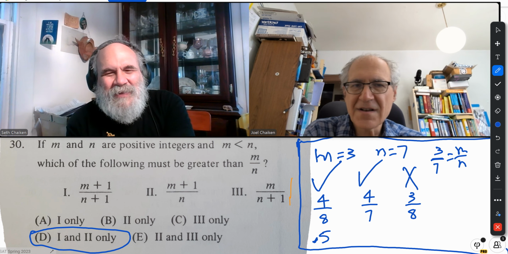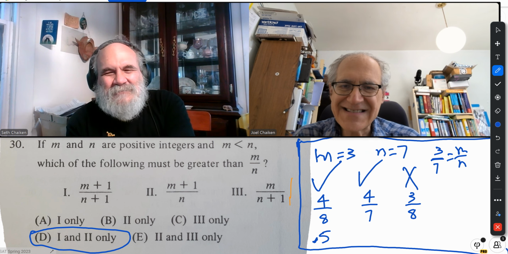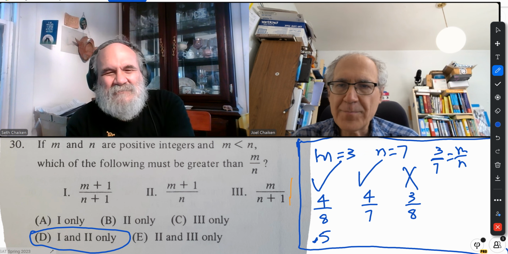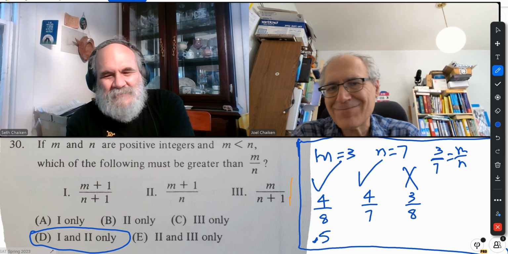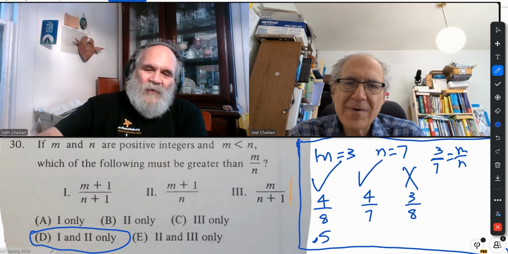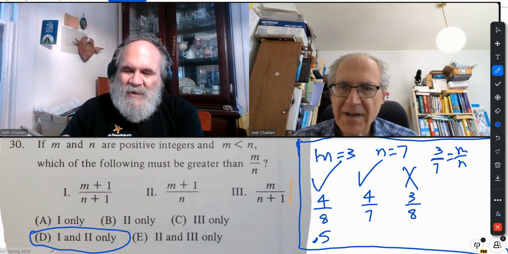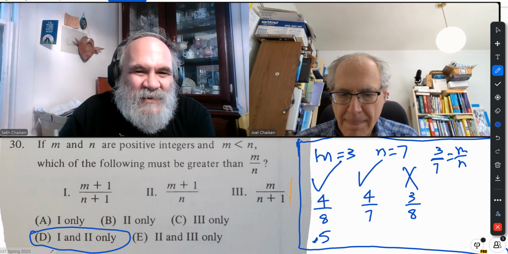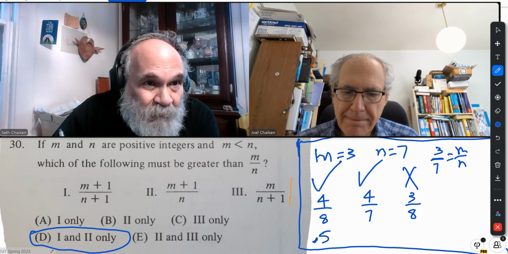Okay, so that's a reasonable way to do the problem. It's not guaranteed because there could be something weird about 3 and 7. It's not proven for all cases, but it's probably good enough for this problem. Okay. So let me explain how I approached it. First, I looked at the picture, looked at the answers,